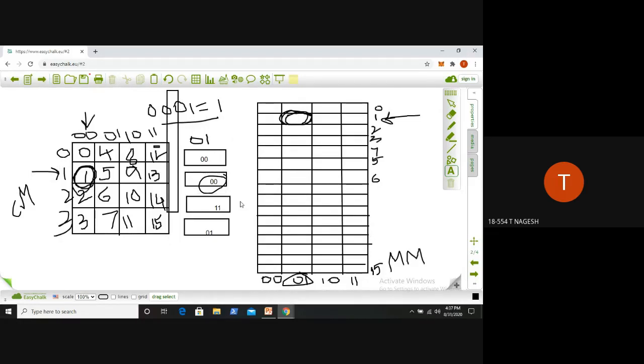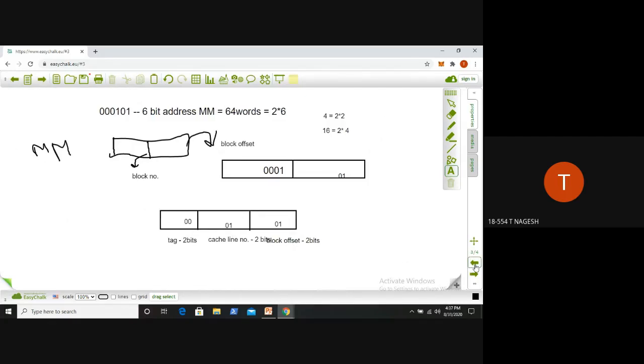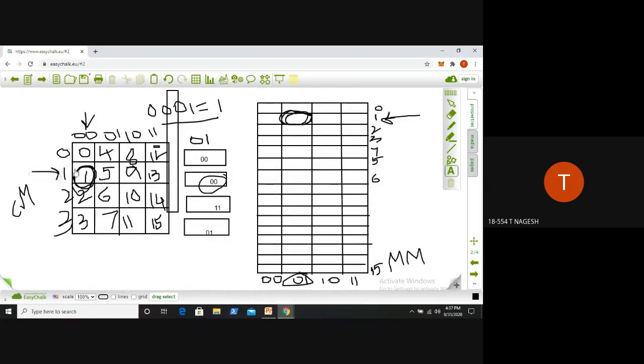So this is a simple process. The only thing that you need to do is, based on the address that we have, check the cache line number and the tag bits. If the tag bits match the tag bits at that cache line number, so in the example the cache line number is 1 and the tag bit is 0 0. If both of these match, the cache line number and the tag value in the given address, then we can say that the word is present in the cache line. So you can directly fetch that word to the processor. So this is how a cache hit occurs.